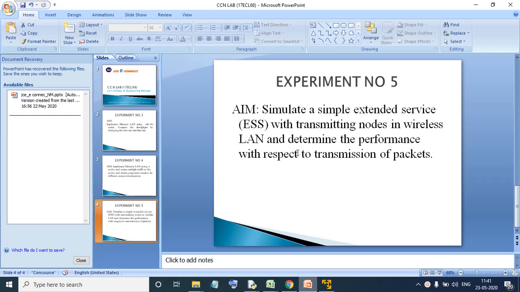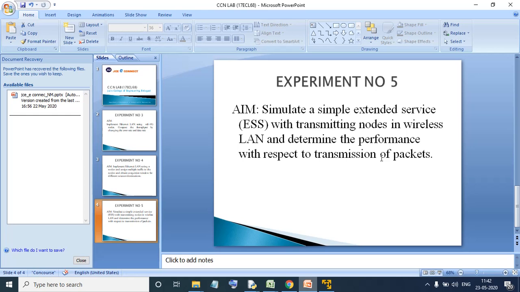So it means that here we'll try to merge two important concepts. One is the wireless thing and another one is the wired thing. That is, the ESS would be your wireless part, which would be roaming around your base stations, which we call BS, and you have a router here, and finally you have a host to where you will be sending the data. After doing all these things, we will check its performance with the help of how many packets have been transmitted. That is, we will be trying to check the throughput, only throughput.